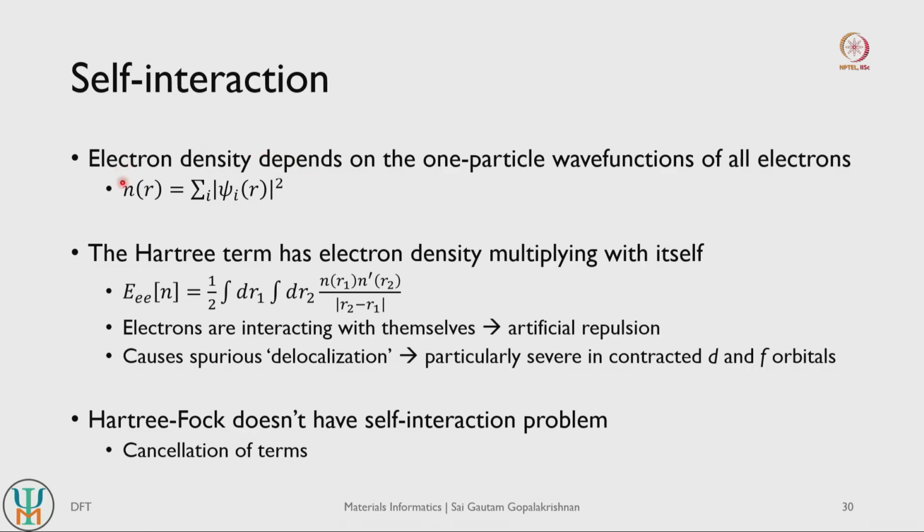So in DFT we represent your electron densities as the summation or integral of your one electron wave functions, right? So you use this electron density as the variable. Now if you think about how electron density itself is interacting with itself, or in other words, how do we actually evaluate this Hartree term, which is the electron repulsion term? What we do in practice is write this as a functional of our electron density.